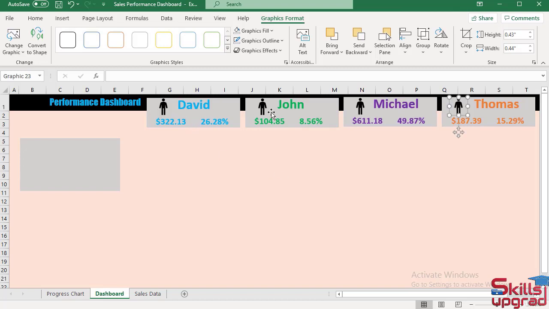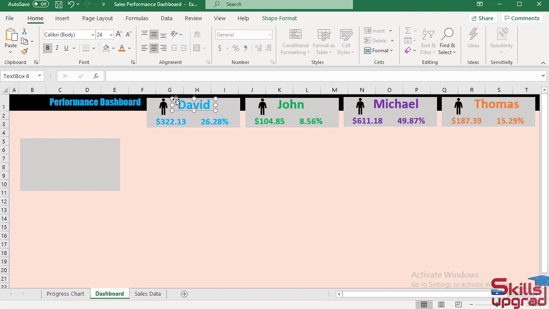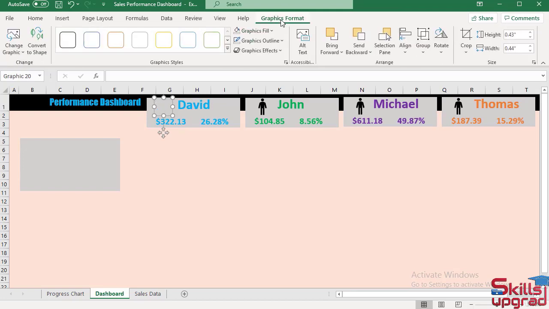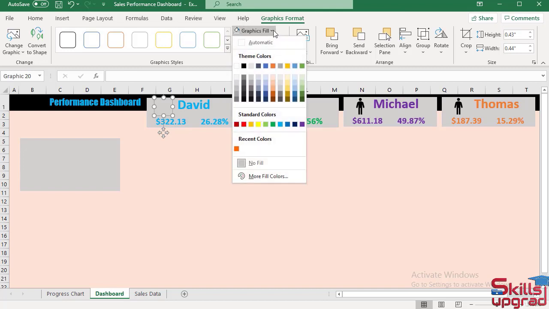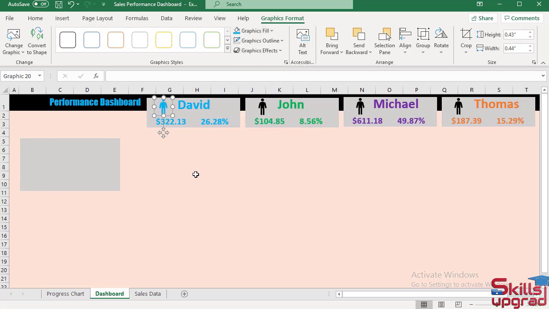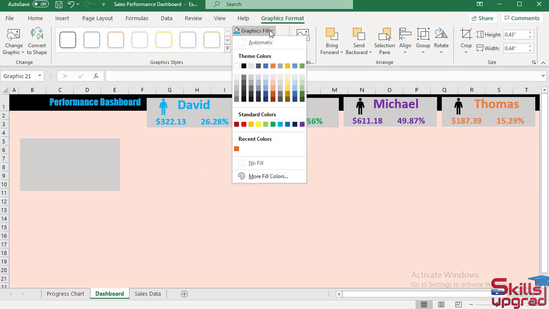Then I change the color of these 4 icons as well as this text has. Click on Format Painter, then click on this icon. I think I cannot use Format Painter on this icon. So click on Graphic Format tab, change this icon color, this color, similarly this icon,